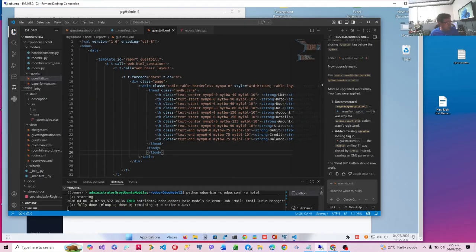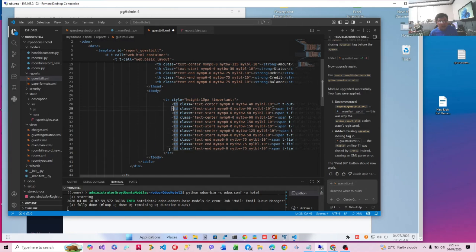To make a long story short, the body is similar to our header, but this time we are going to take the contents from the model. So let me just copy the content.